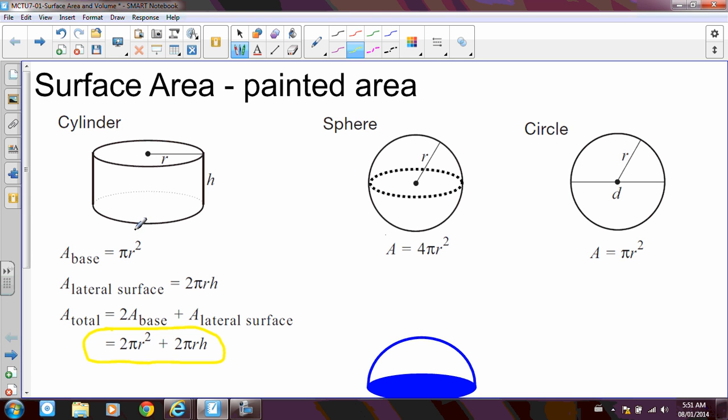But what they've done is they've broken down that the area of the base, or the top or bottom, is just the area of a circle. Of course, you'll see that the formula is the same as the area of a circle over there. The sides have a height, and then if you rolled this out,